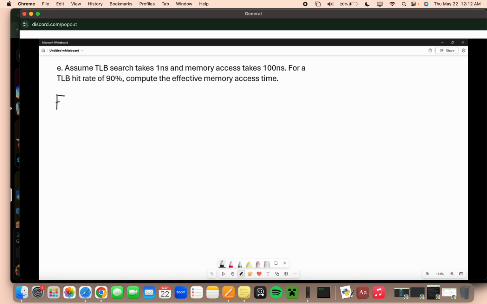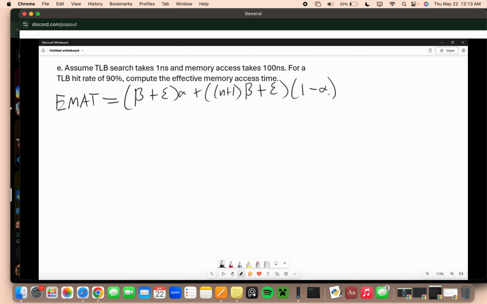So remember, effective memory access time is equal to (beta plus epsilon) alpha plus (n plus 1) beta plus epsilon (1 minus alpha), where beta is the memory access time,